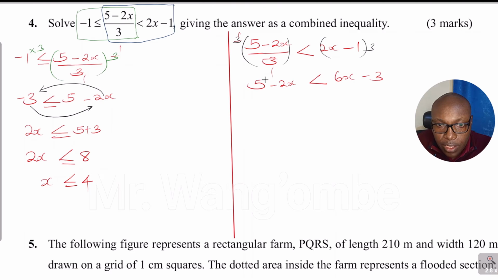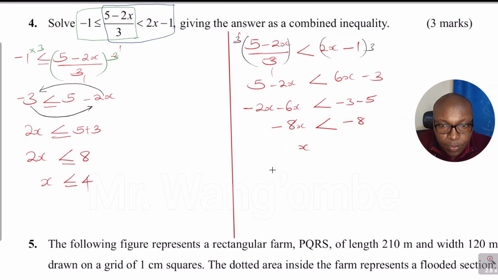Like terms together again, so I'll take the x's to the left hand side, the constants to the right hand side. Subtracting 6x from both sides, I'll get negative 2x subtract 6x, that will give negative 8x less than negative 3 subtract 5, which is negative 8. So divide both sides by